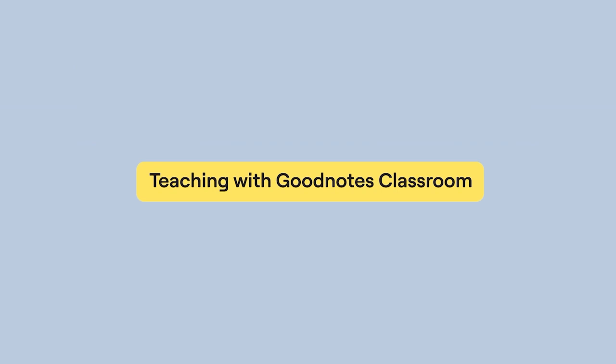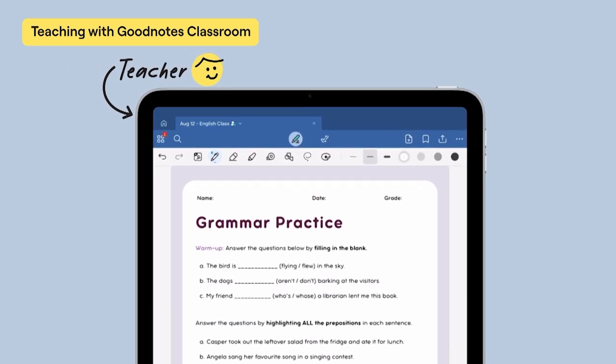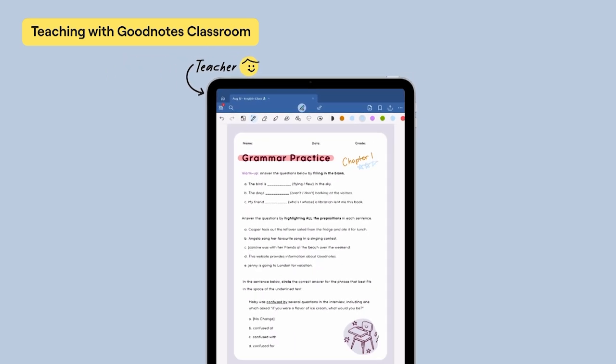When you open a lesson in the class folder, this is what you and your students will see. There will be a toolbar with a variety of digital writing, annotation, and drawing tools. By selecting different tools, you can write and highlight in any color, add stickers or images to a page, add text boxes, and even move your handwriting and other annotations around.